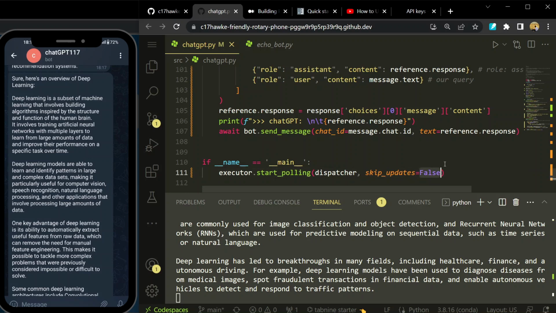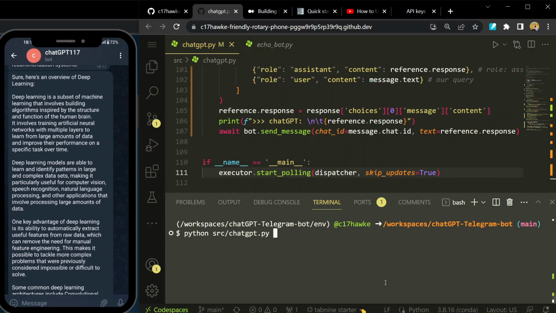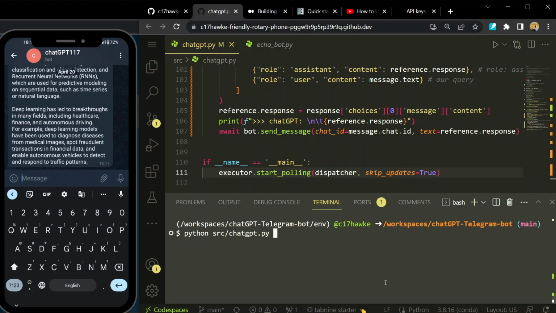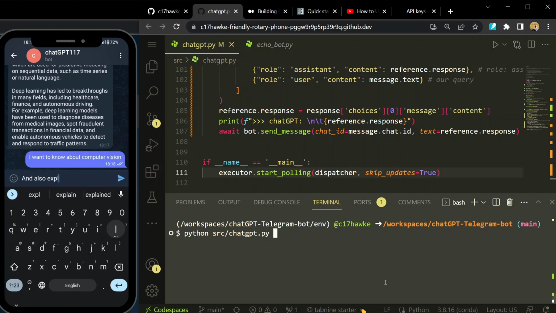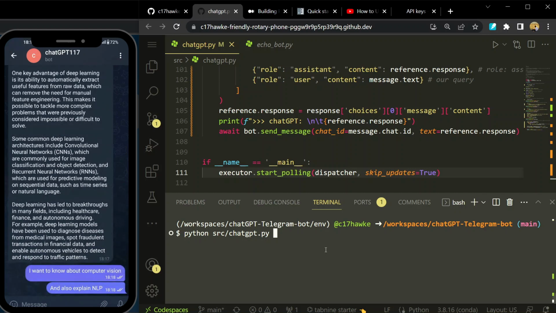Now, if I make it true, and I will again close this. Let's Control C, and before running it, let me first of all clear this also, or maybe what I can do is let me ask something else. Let's say I want to know about computer vision, and also explain, let's say, NLP. So if I ask this, since skip updates is now true, if I run this now, it says updates were skipped successfully,